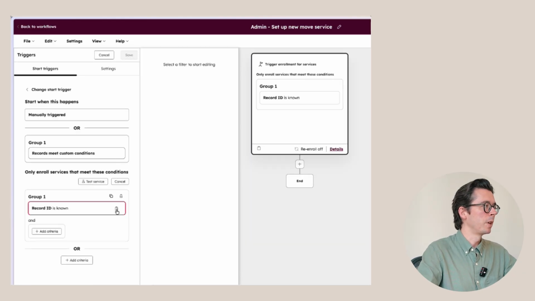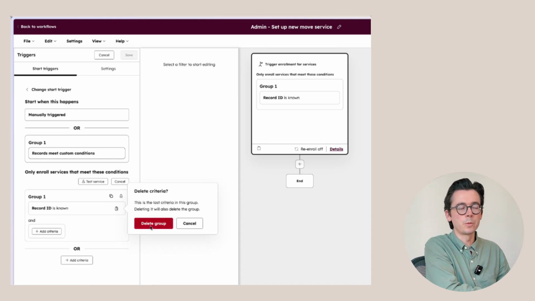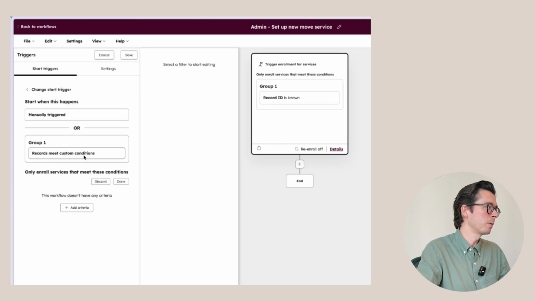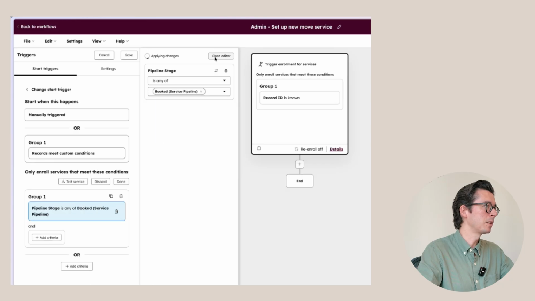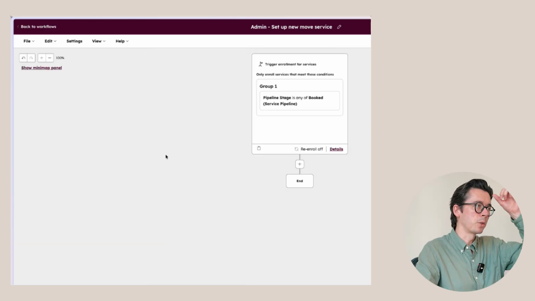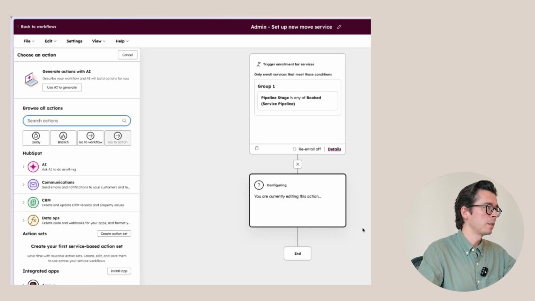Another thing that you could do here, instead of "record ID is known", because when we create a new service we would typically always start in the first stage, is to make sure of that by adding that stage instead. So we could do "pipeline stage is any of booked", and thus make sure that they really are in that first stage. So here we can say whenever they're in the pipeline stage booked, they get enrolled in this workflow,